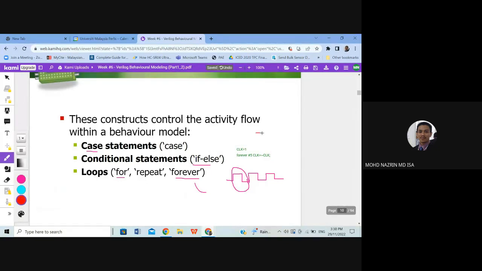So start from high, and then low, and then high again, and continue. Because the initial value that we set is 1, it will start with CLK1 like this: 1 then 0. So this is your clock, and the duration